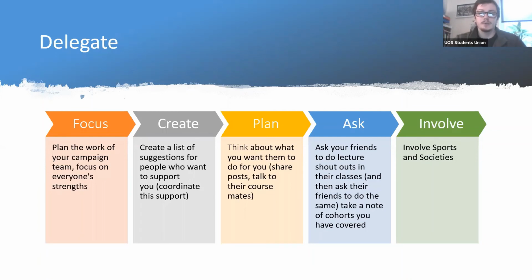Are there particular societies or sports that maybe you've got friends in that you might be able to convince to get a vote going? And obviously you have to convince more than 50% of the sports society, but if you've got friends in that already, then they might be able to put in a good word for you when people are voting. Or maybe a society is particularly relevant to your role. So I don't know, maybe a society like the midwifery society, I think we've got, might be relevant to the health school roles. So, yeah, things like that.